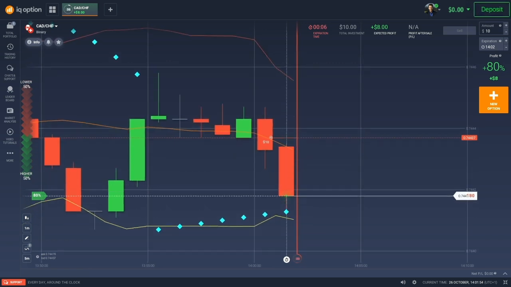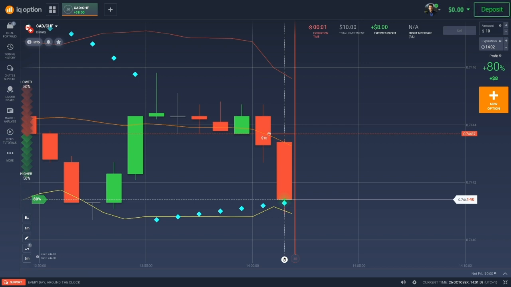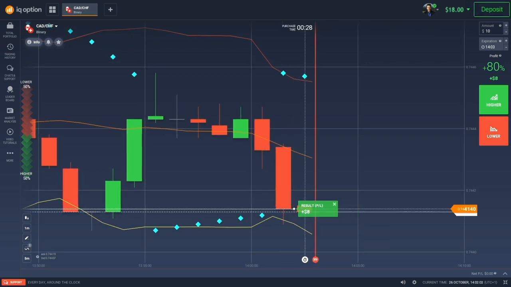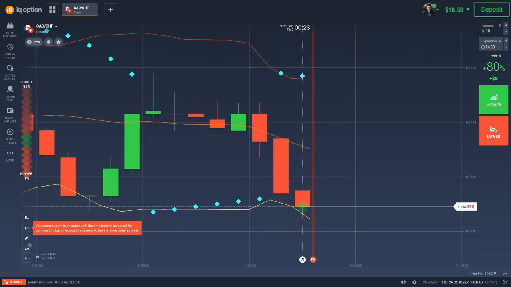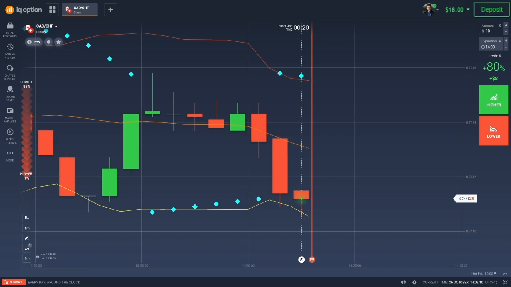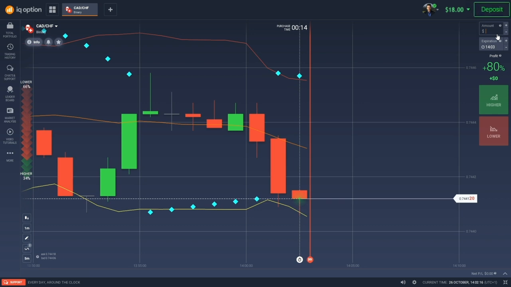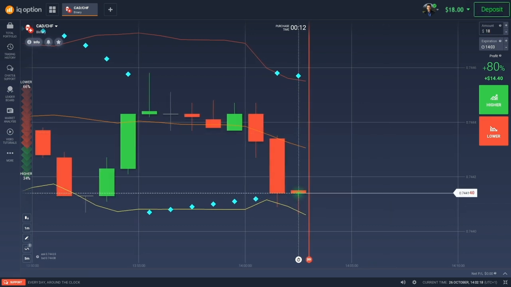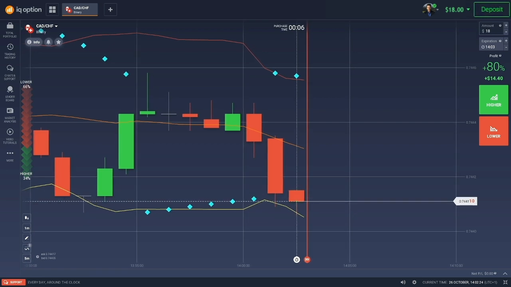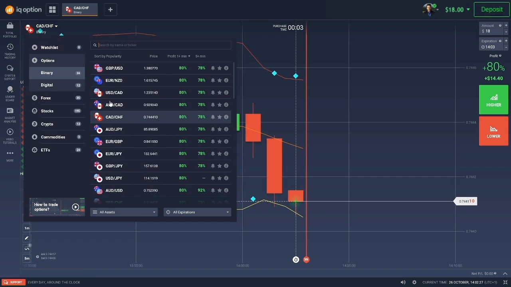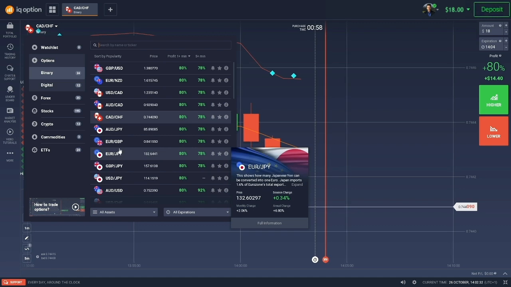In the course there is 3 hours of explanation. Let's take this win and then continue. 18. That's great. So in the course there's a full explanation of the buy Nagito strategy, all the indicators used, all the money management system used, how you can avoid losing decisions, how you can choose the right moment to open the trade, when to open the trade, and how to choose the perfect asset, like this one.